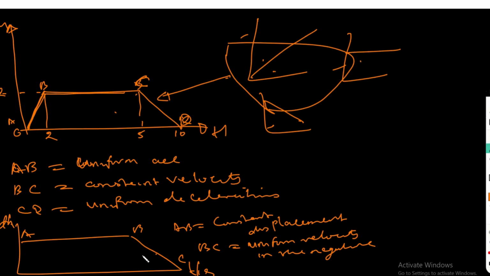And if they say this man is moving with constant velocity, what do you mean with respect to acceleration? If they say this man has constant displacement, what do you mean with respect to velocity? Because you move from displacement to velocity and from velocity to acceleration. That's how you move. If I say my displacement is constant, it means my velocity is zero. If I say my displacement is increasing constantly, it means I have a uniform velocity, and from uniform velocity I'm going to have a zero acceleration. So you need to understand the different graphs in that direction. Now, and another thing they always say is that, yes,